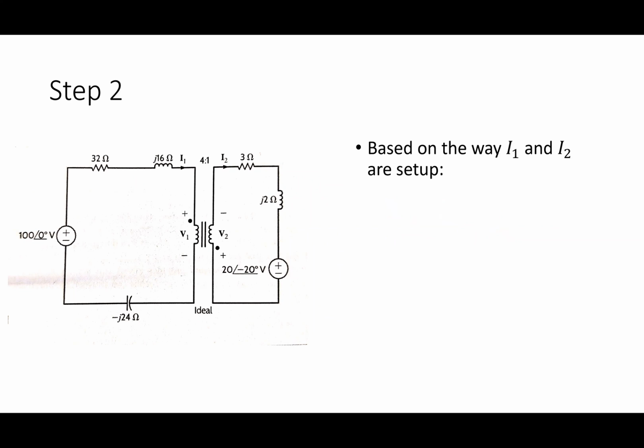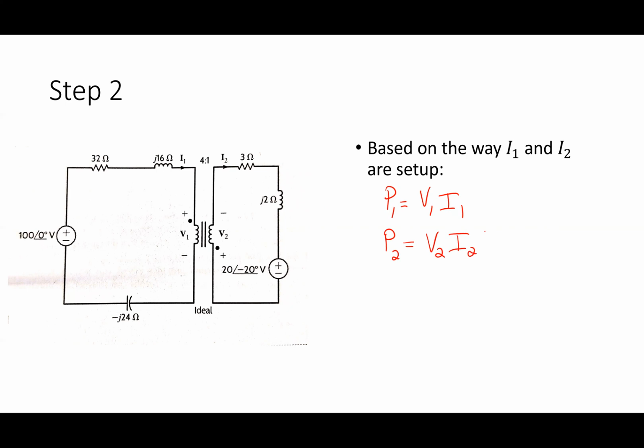How do I write the power here? So I have P1 is V1 I1. Power is going into the plus terminal, into the dot. Now, what about on the secondary side? We look at where the current is going. Is the current going into the dot or out of the dot? It's going into the dot. I2 would go around and into the dot. So I would say V2 I2, like that.